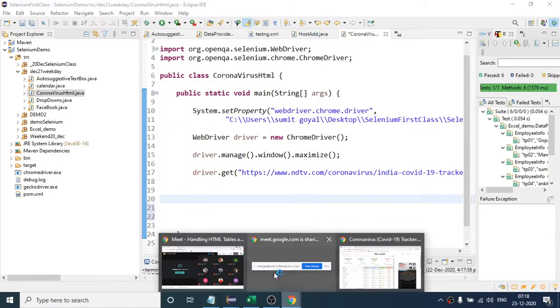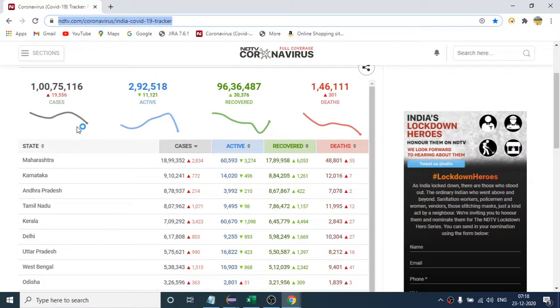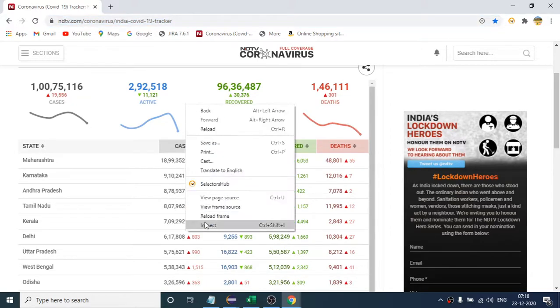And after that, once the website opens, let me write one XPath so that with the help of XPath I will get all the numbers written here on the left hand side. So to write the XPath, right click, inspect.